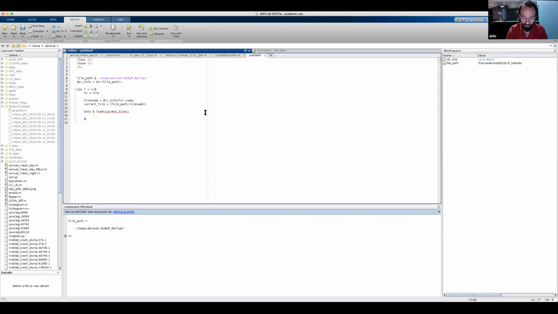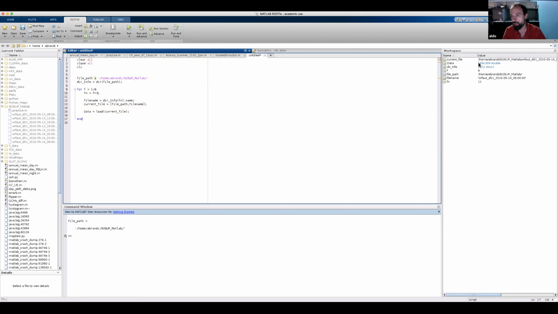And for now, we close the loop like this. Okay. So we are not indexing data. So even though it will iterate through all 8 files, in the end, we'll just have one data variable,